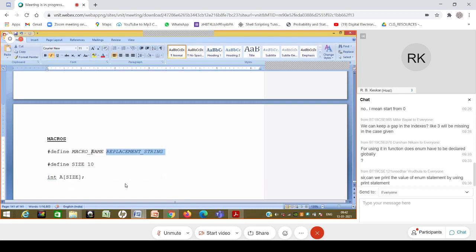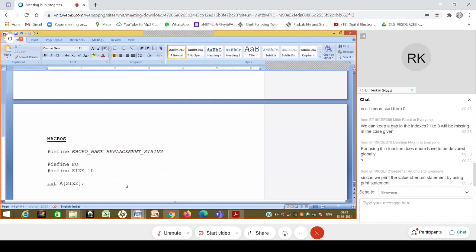And how do I know that the replacement string is over? Typically the end of line is considered as the replacement string being over, unless there is an exception, which I will describe. So this can be exploited now. The way this can be exploited is, imagine, although this is not a very good thing, and I say that we should never write it, but let's say that I want to write an infinite loop.